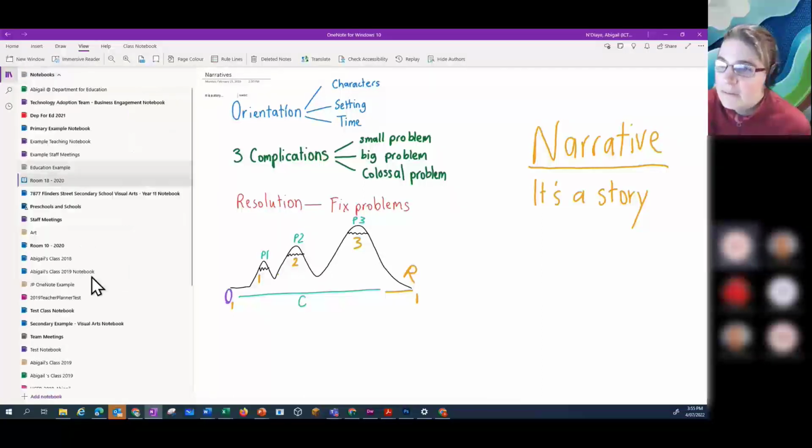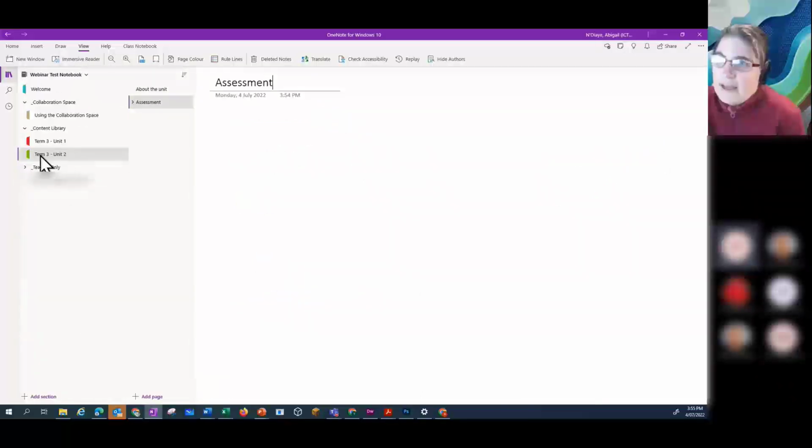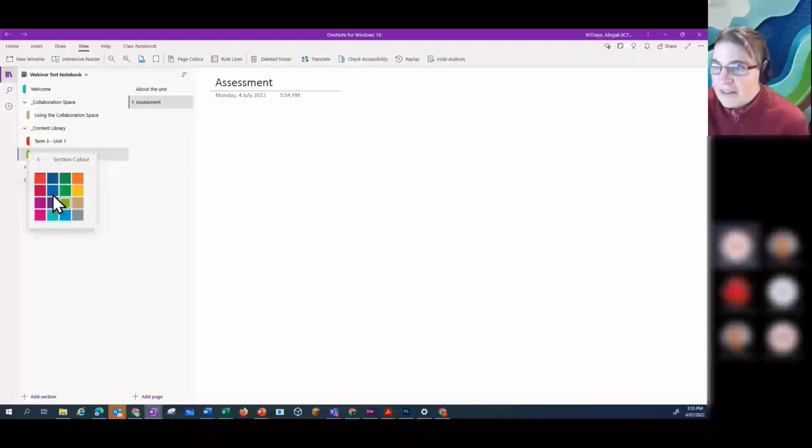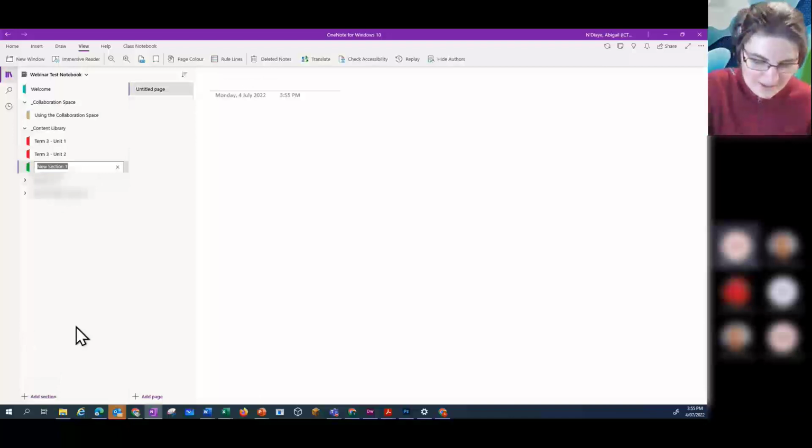So let's go back and do my brand new one. And if I want to change the color, so I'm in this second section, I'm going to right click, and it's as simple as going to section color, and then I can choose it. So I might want red for all my units. And if I add one more section, and call this resources, for example,